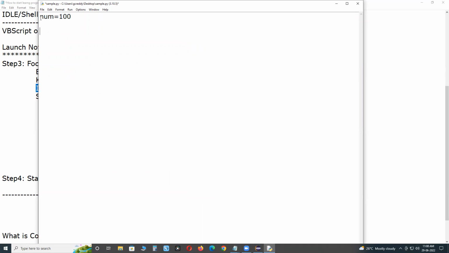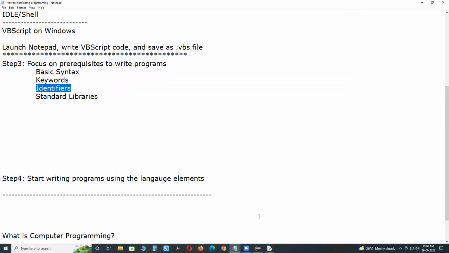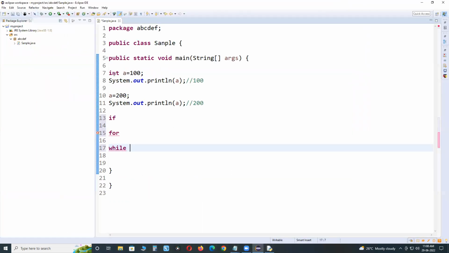Num is an identifier, a variable name. 100 is data. Num is an identifier. For example, here int a, a is an identifier.